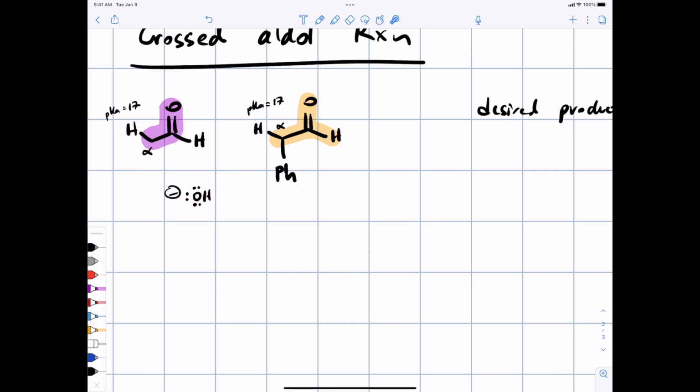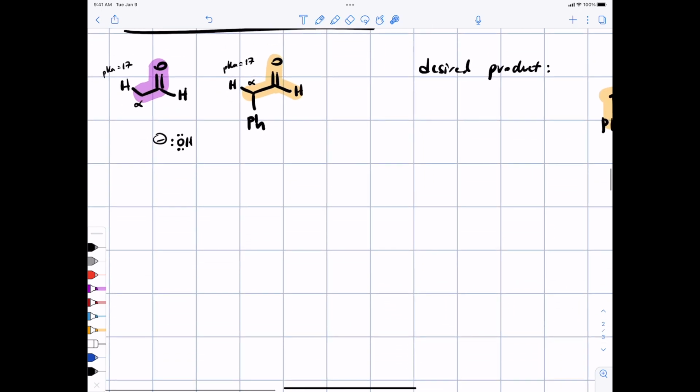You're going to make both enolates. And as soon as you make both enolates, you've got a mess because you have 2 nucleophiles and 2 electrophiles,